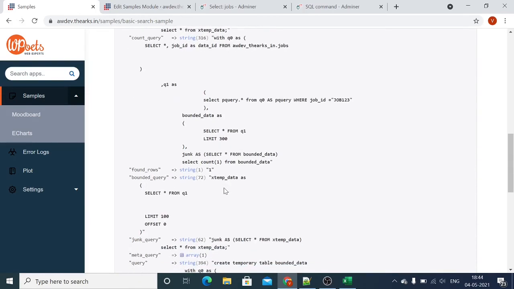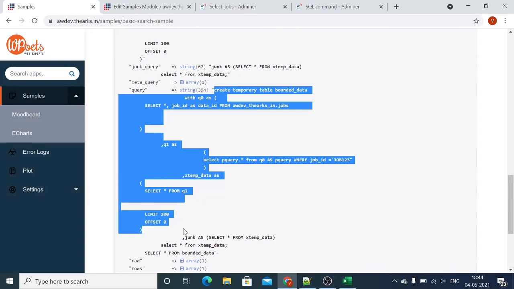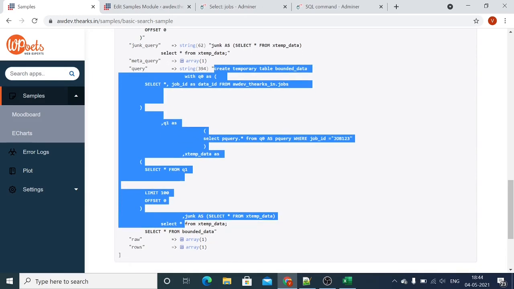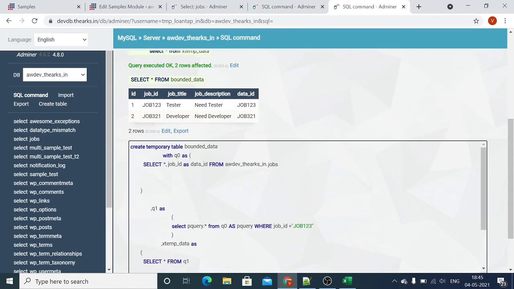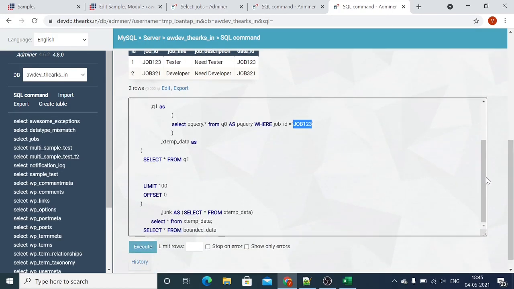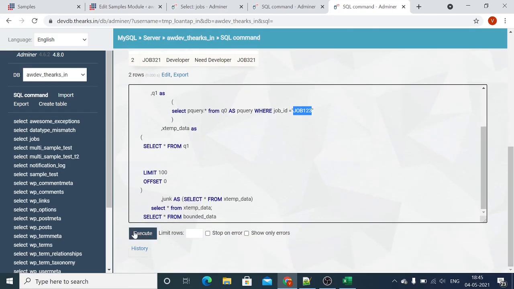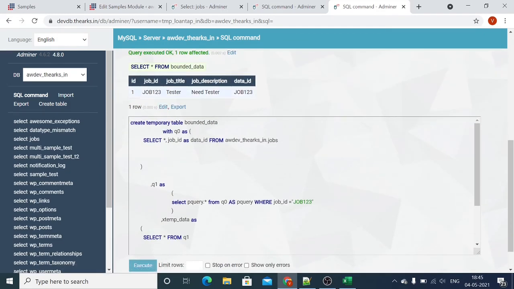Now we have filtered out our data. Now let's check the query. You can see the difference. Now you can see this Q1 is added and the condition of job ID is added in this query. Now the result, you can see the result of job type job 123.